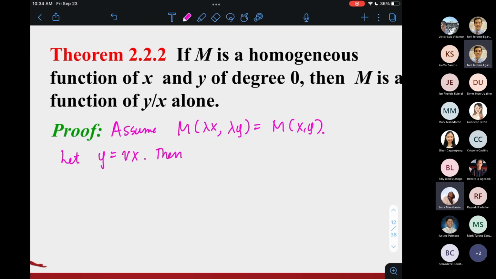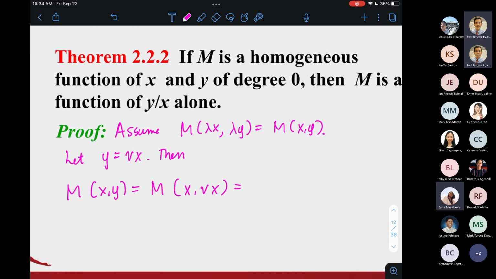So then, yung m of x, y, pwede ko siyang isulat na m of x comma vx. All right? Tapos, if you think about it, I can say that this is the same as m of x times 1 comma x times v. All right? Tapos sabi ng homogeneity ng m of degree 0,